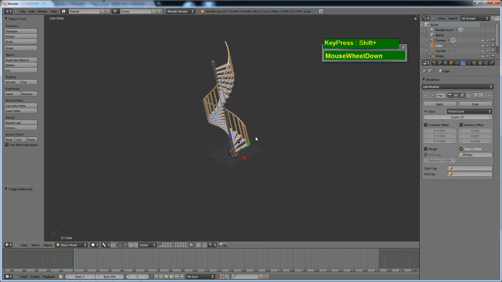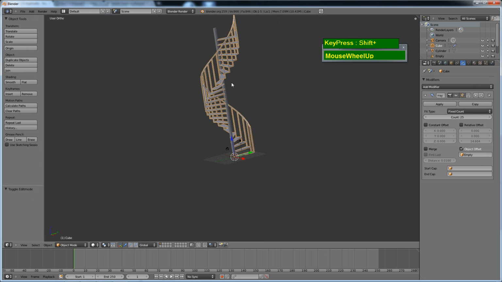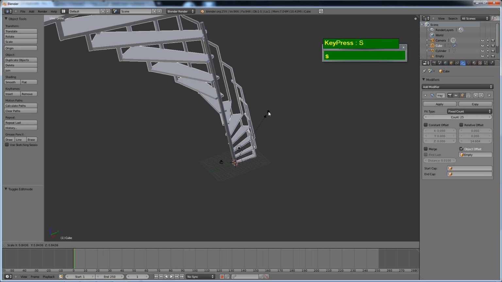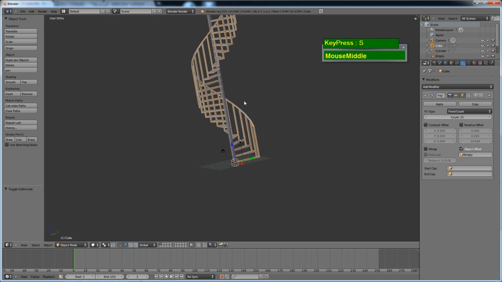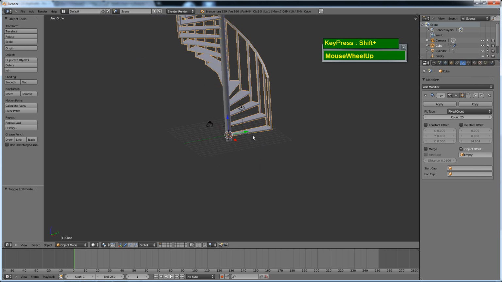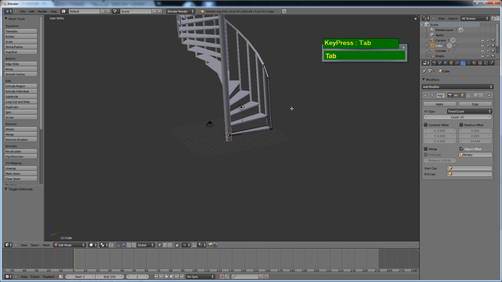And obviously, if I want to see the entire staircase, I need to scale this down. But we have a problem. If I were to scale this down now by simply pressing S, this is what's going to happen. So the only option you can do is just to apply the modifier, and then scale everything down. Another option is to go to edit mode and then press A to select the entire